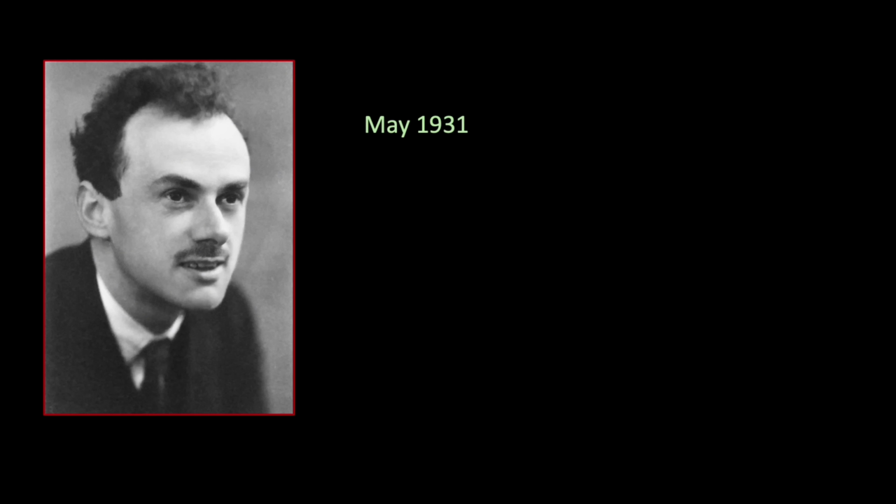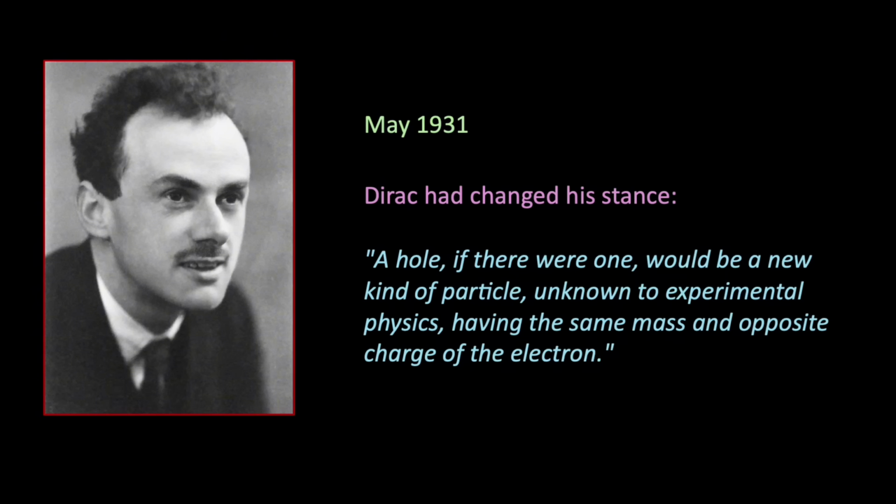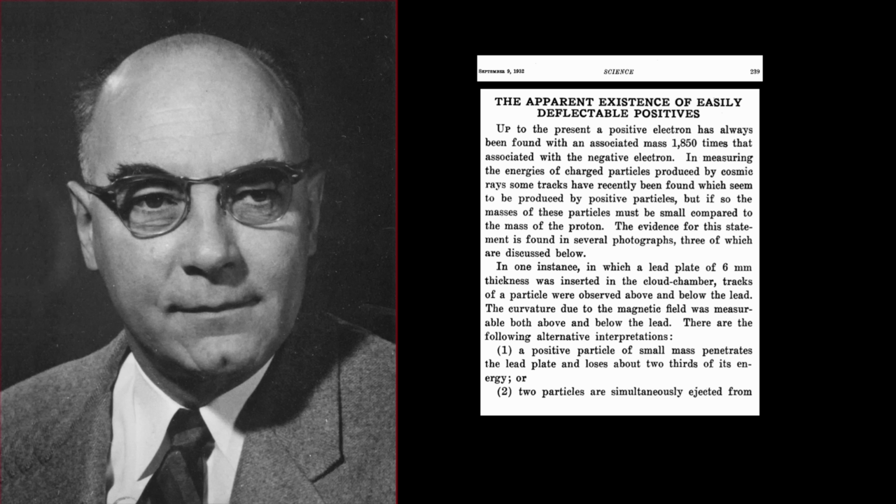By May 1931, Dirac had changed his stance. A hole, if there were one, would be a new kind of particle, unknown to experimental physics, having the same mass and opposite charge of the electron. This prediction was spectacularly confirmed in 1932 when Carl Anderson submitted a paper to Science titled "The Apparent Existence of